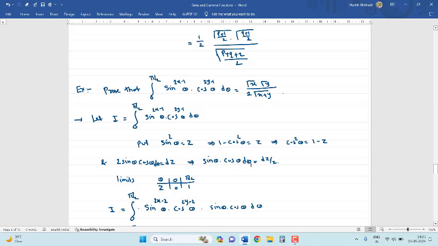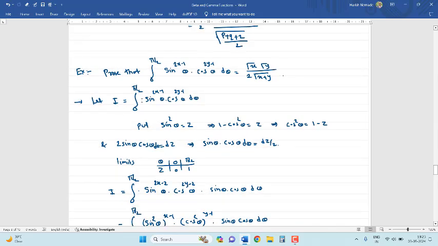So sin theta cos theta d theta is equal to dz upon 2. Same as in the previous example, the limits of integration change from 0 to 1. So the given integral becomes, with the same arrangement again,